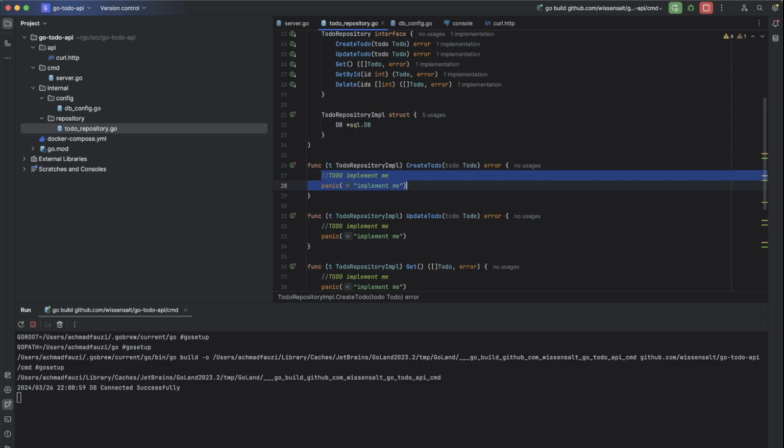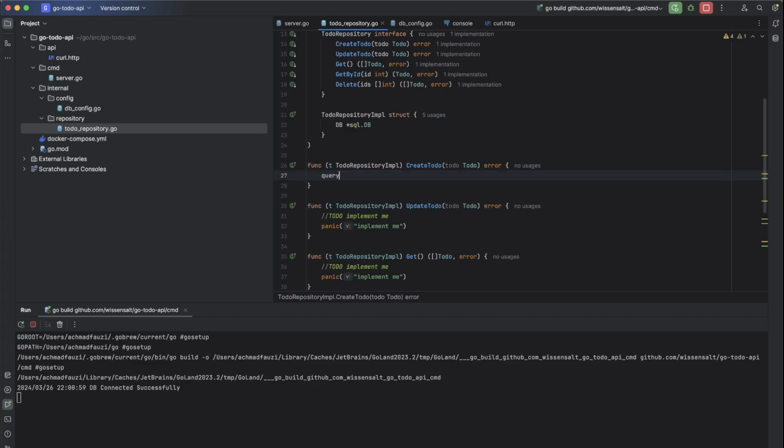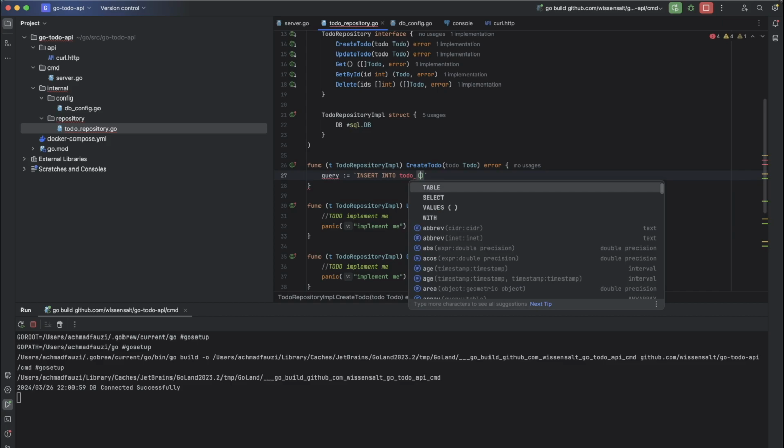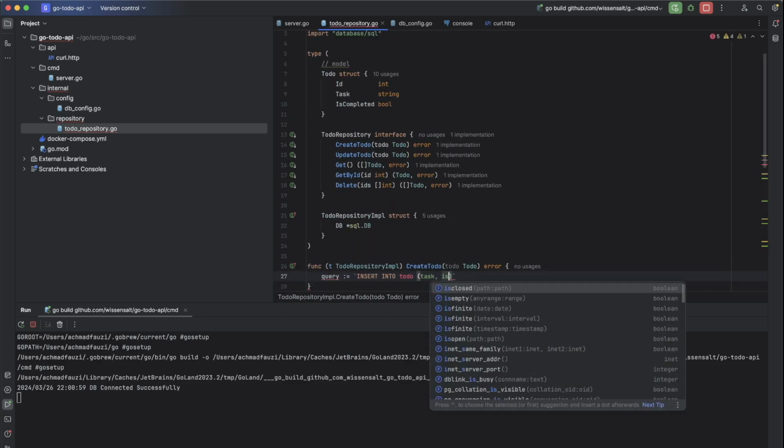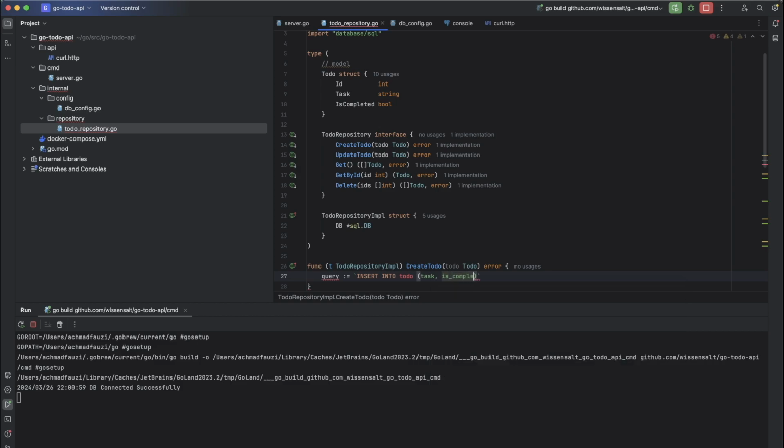Okay, let's try the implementation for the create todo first. Let's start from creating a query. Query equals to insert into todo, it has task and is completed.